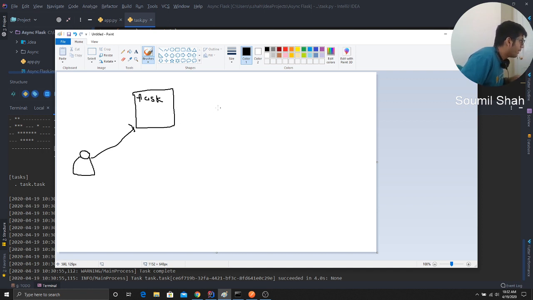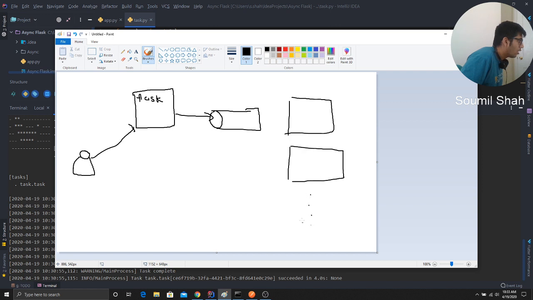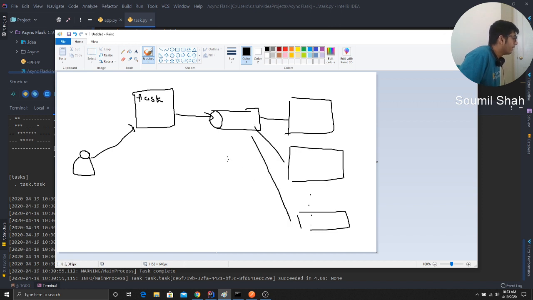Now, the best architecture would be to do this asynchronously. You develop a queue. This queue can be Redis or RabbitMQ or whatever. So you place it on a queue, right? And then you would have your workers here, several workers or processes. This would be taken care of by them, right? And as soon as you insert it here, you just tell the user that you're done. Now in the background, you're actually doing the work.